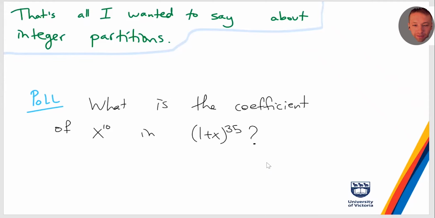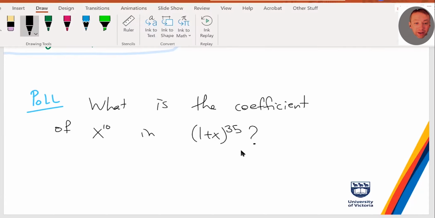So this is supposed to be review from a long time ago. What is the coefficient of x to the 10 in the expansion of (1 + x)^35? Okay, I've got some answers coming in. They seem to be converging on two different values. Any last answers? What I want you to be using here is the binomial theorem,